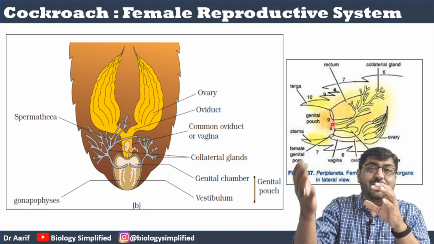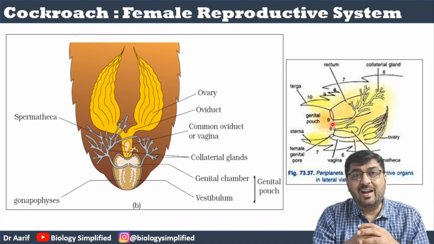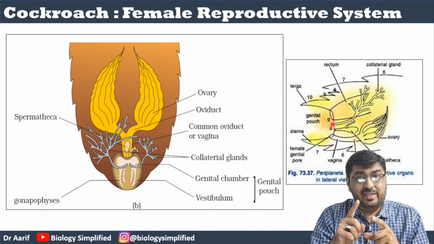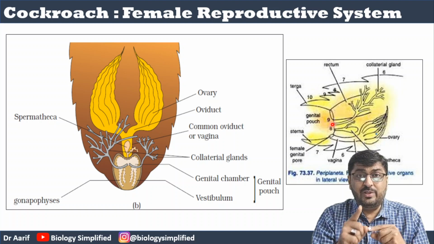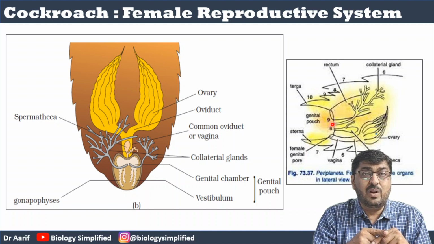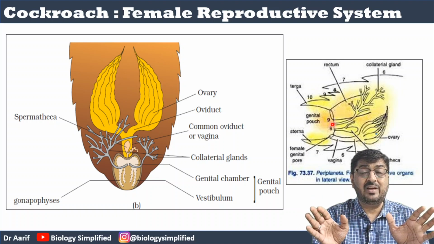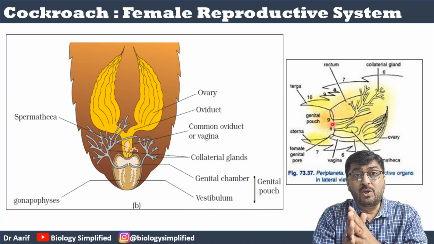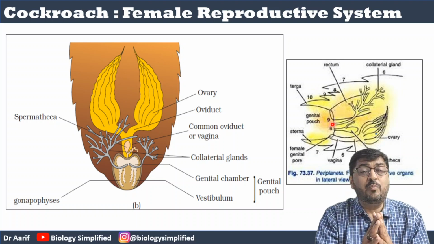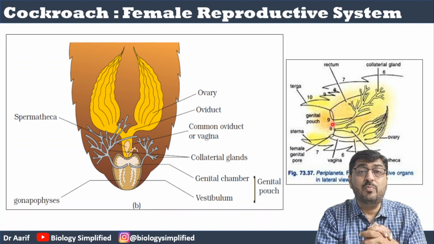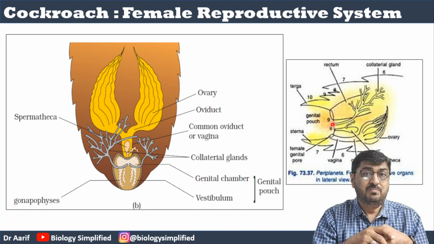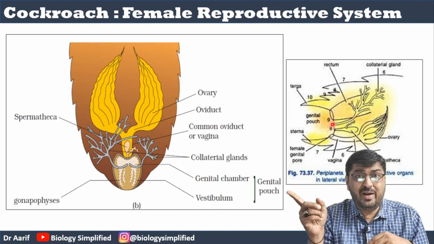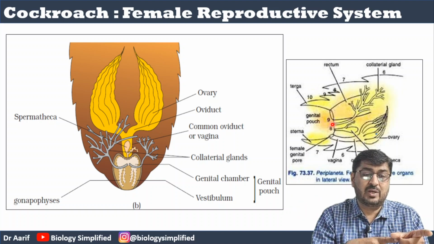So the covering of the ootheca कौन बनाता है? Collateral gland का secretion बनाता है, right? Now, so see, they have marked collateral gland in the diagram. So they expect to know about the secretion of the collateral gland, but which is not mentioned anywhere in the NCERT. That's why I brought this lateral view, so that you can understand properly that where these collateral glands are opening and what is the role of collateral glands in the process of reproduction. ठीक है, वहां पर conglobate gland extra किया, यहाँ पे collateral gland हमने extra किया.